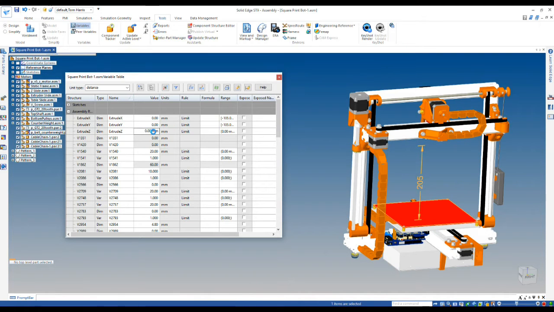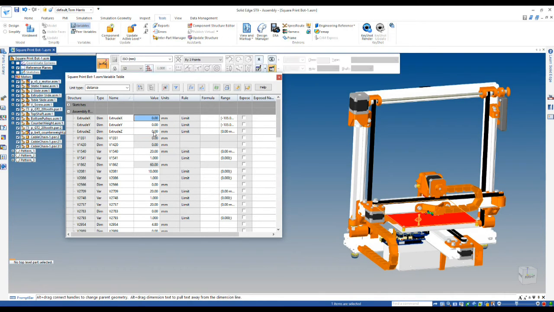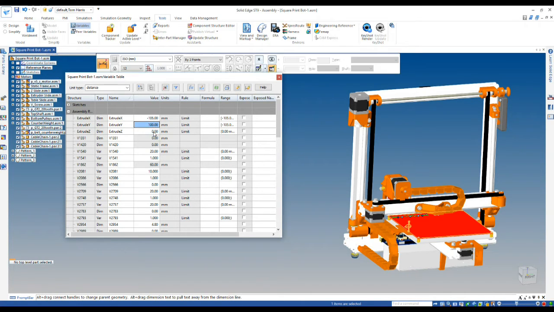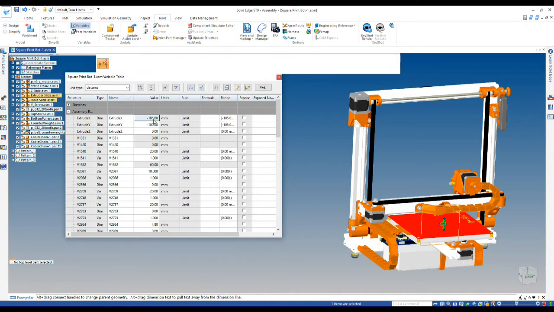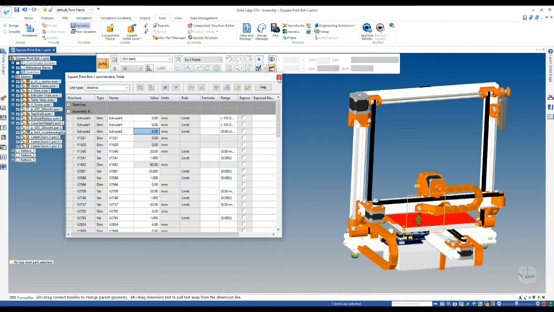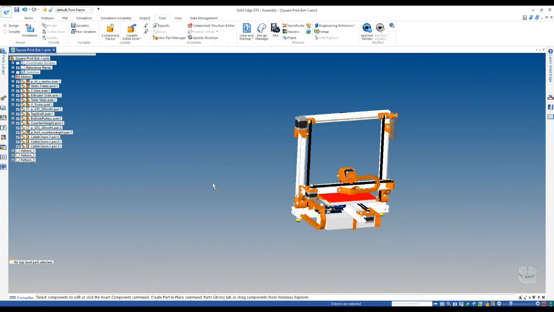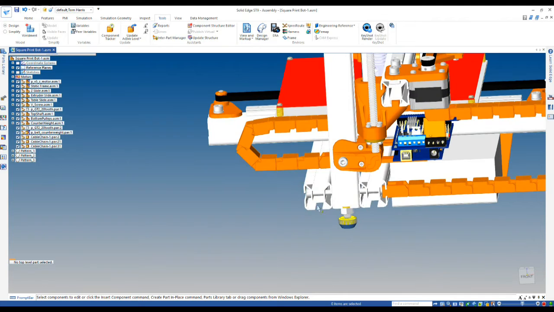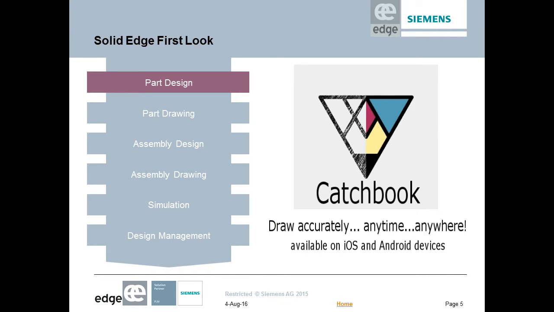So I'll just fiddle with some of these, and you'll see that all of the cable guides all edit, and the model works quite nicely. It's a very flexible model. And we've got a lot of flexibility here. However, there's a couple of parts that are missing and the design is not quite complete. We need to design an end cap for these extrusions. To do that, I'm going to show you another tool, which is actually an app that you can use